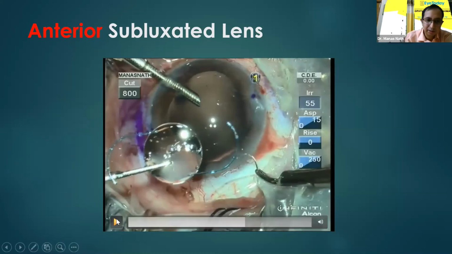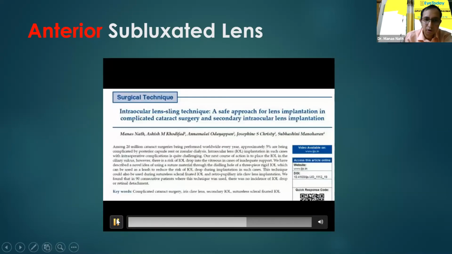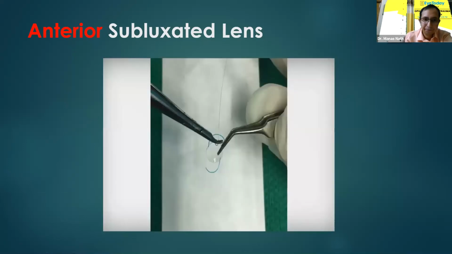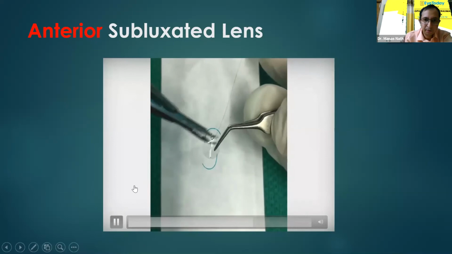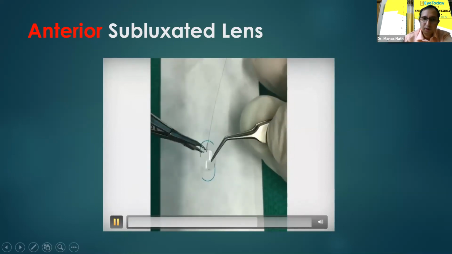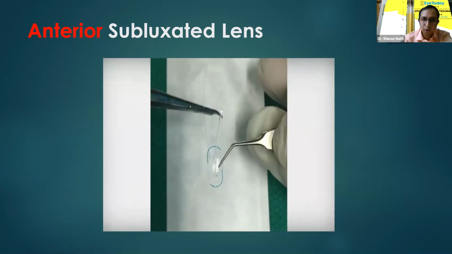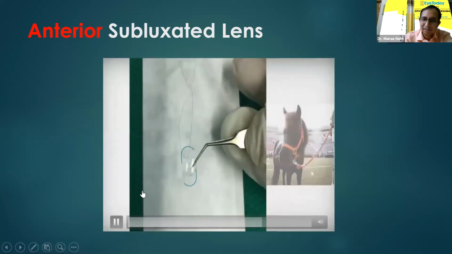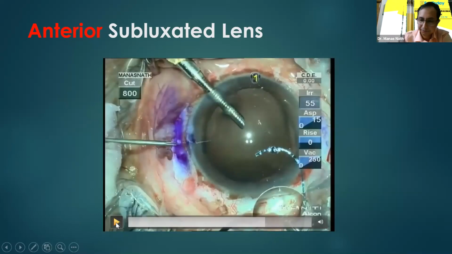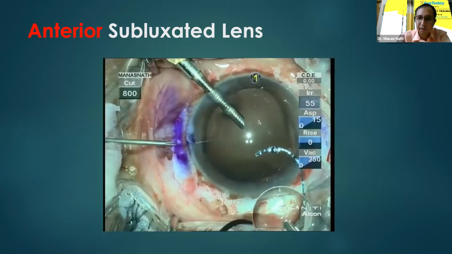This is called the sling technique, which has recently been published in the Indian Journal of Ophthalmology in the April issue of this year. So here, we just pass a 9-0 or 10-0 nylon suture through a dialing hole of the IOL, which will act like a sling or leash, and it prevents the IOL from dropping during this kind of manipulation. Sometimes when a novice surgeon is doing this, there can be IOL drop or even IOL slippage.